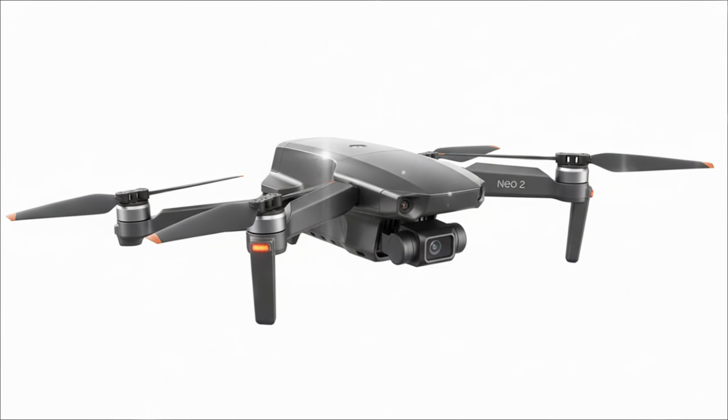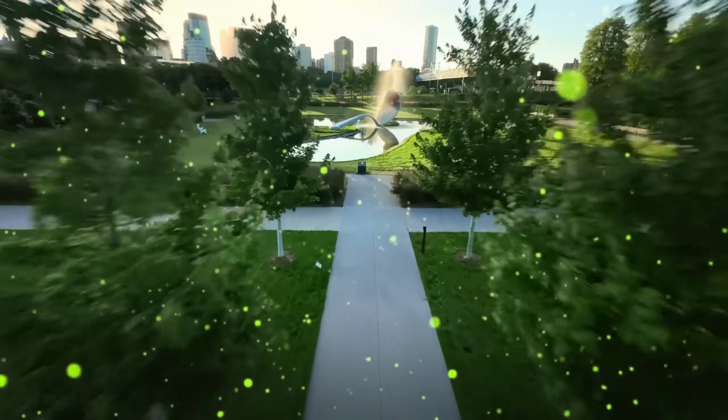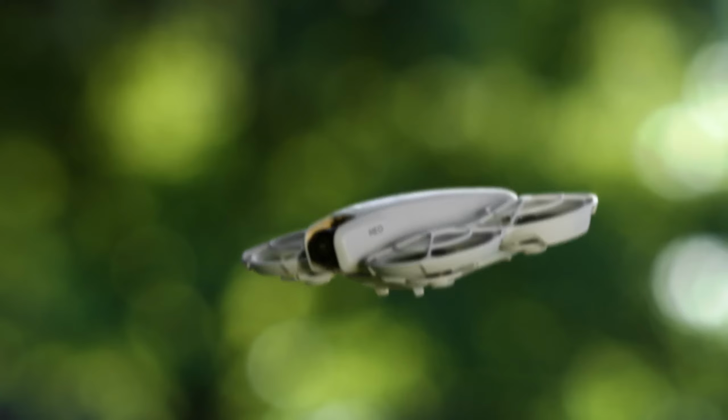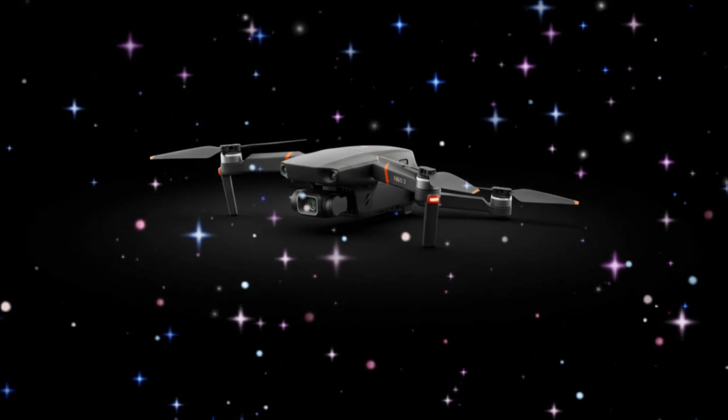For pilots, the experience of flying the Neo 2 could be unlike any other compact drone before it. Reports suggest a flight time of up to 19 minutes, powered by a new generation of intelligent batteries. These batteries cost more, around $129, but they reportedly offer better efficiency, faster charging, and improved performance consistency across varying temperatures. The drone's OcuSync 4 transmission system ensures